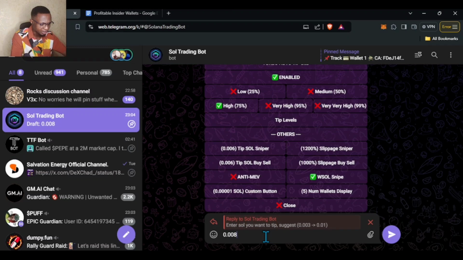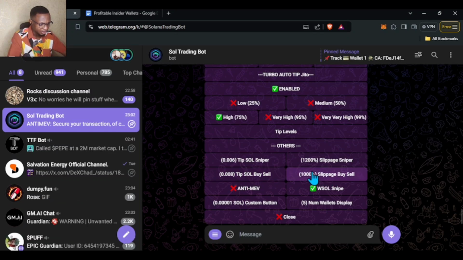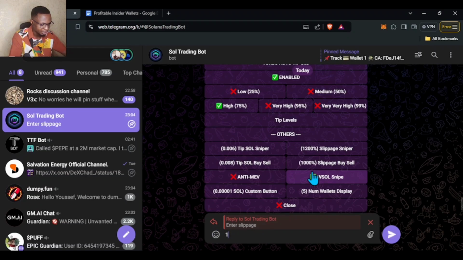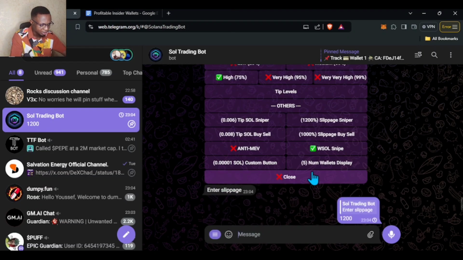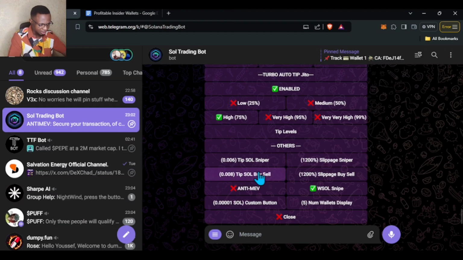So I'm going to click enter, and I'll just increase this to 0.008, which is fine. And my buy sell slippage, anywhere around the 1200, is fine for me, 1200, and I'm going to click enter. And then I've sorted out these settings here. This helps me so that I don't get failed transactions, right? And I don't miss out on very big